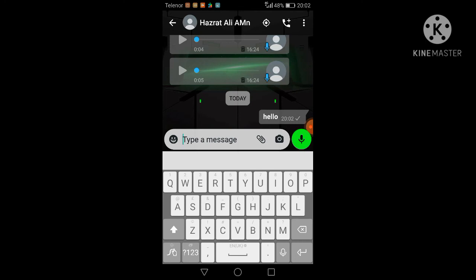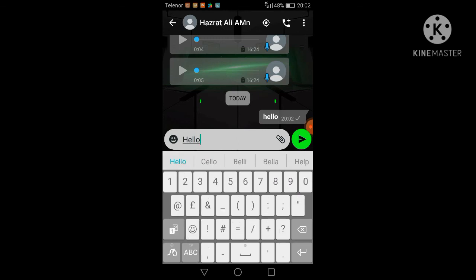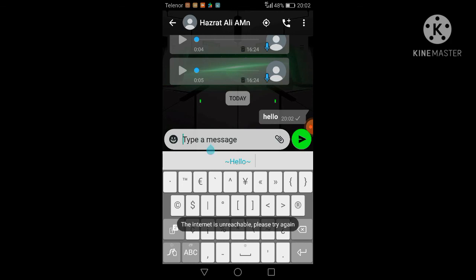If you write hello and then write this option from both sides, then you will see the magic. For example, this is the hello word. If you write this sign from both sides, then the hello becomes like this.